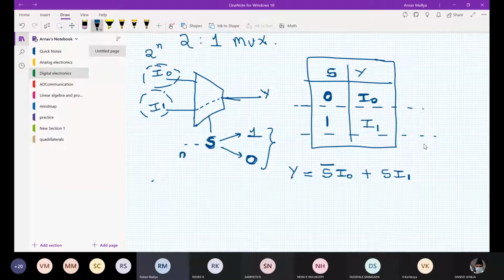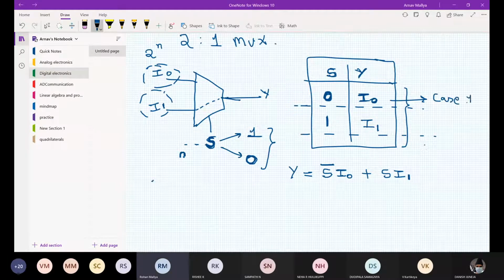So when writing the output expression for y, you need to consider all the outputs and the inputs. Hence, I'm writing this. So s bar. So I have two cases, right? This is the first case, case 1, and this is the case 2.